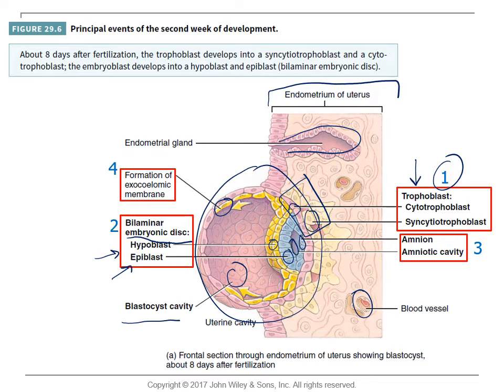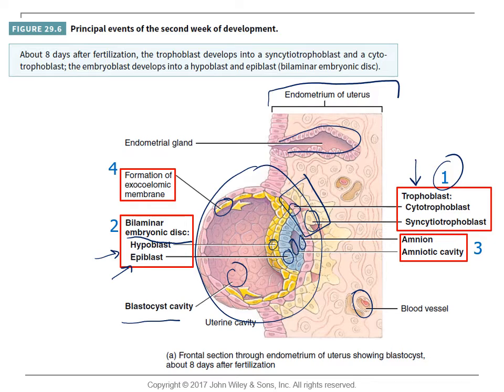The two layers of trophoblast become part of the chorion as they undergo further growth. During implantation, the syncytiotrophoblast secretes enzymes that enable the blastocyst to penetrate the uterine lining by digesting and liquefying the endometrial cells. Eventually, as we can see, the blastocyst becomes buried in the endometrium and inner 1/3